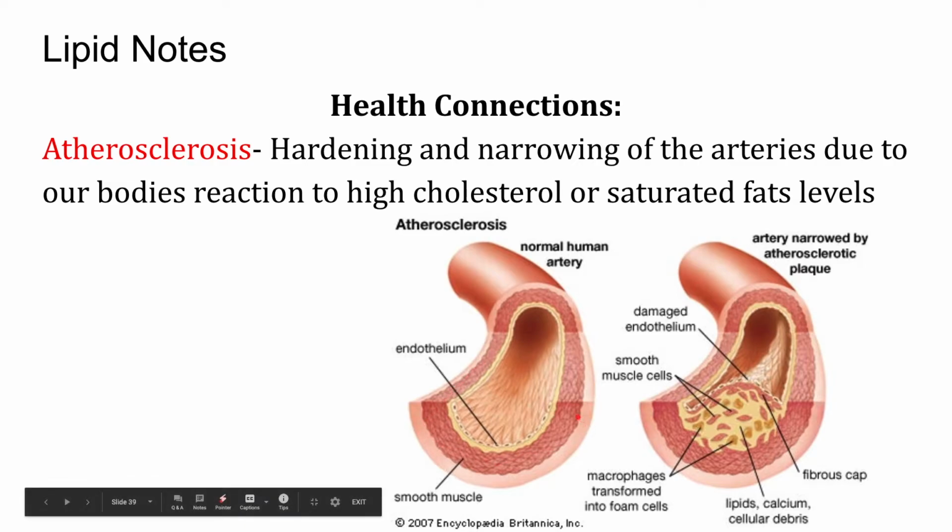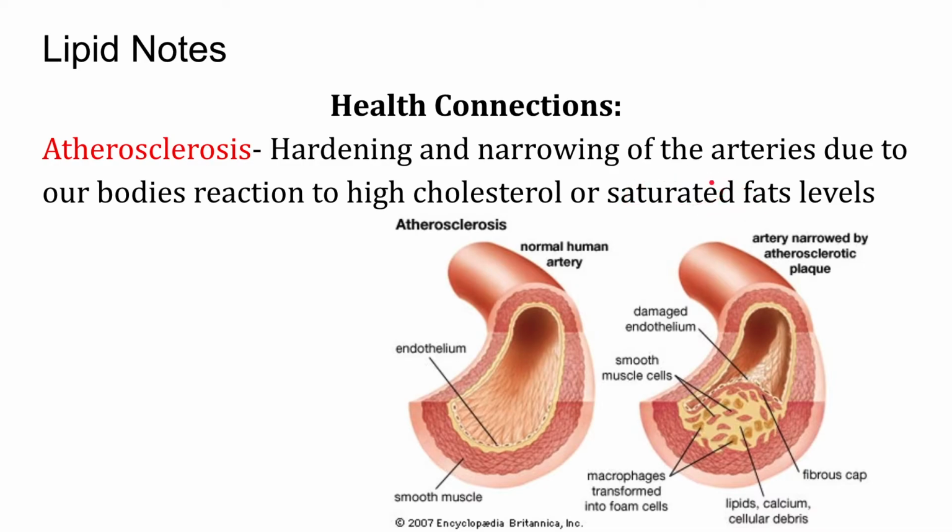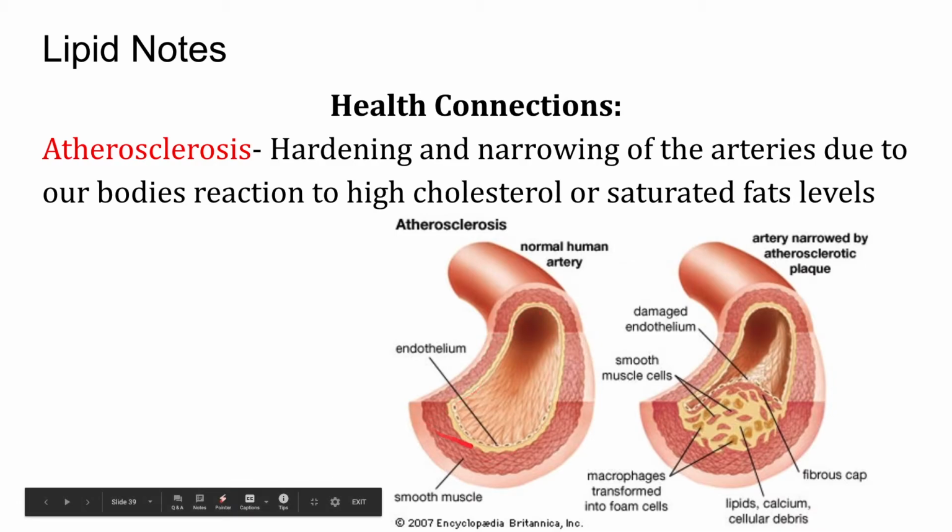What would actually end up happening is lots of saturated fat, which is the type of fat that you find primarily in animals, as well as lots of sodium or other excess cholesterol coming from animals in that food. What happens when you digest food is the byproducts get pushed out to your bloodstream. And so when you have all that not great for you stuff floating around in this blood vessel, it actually ends up sticking a little bit to the endothelium, or the innermost lining of epithelial cells of your